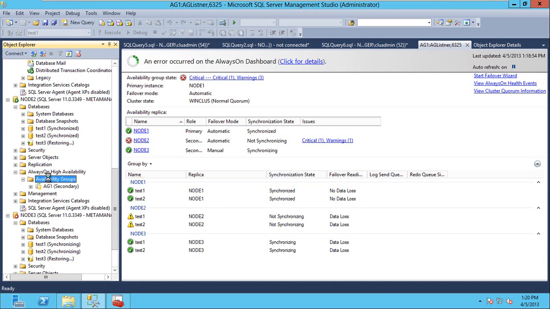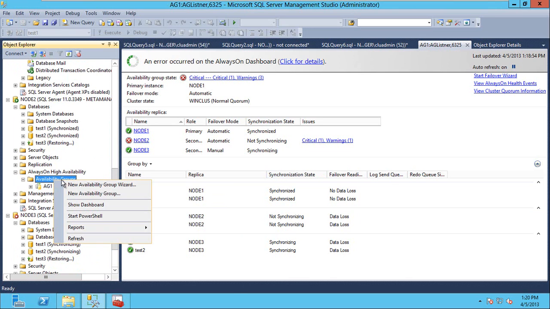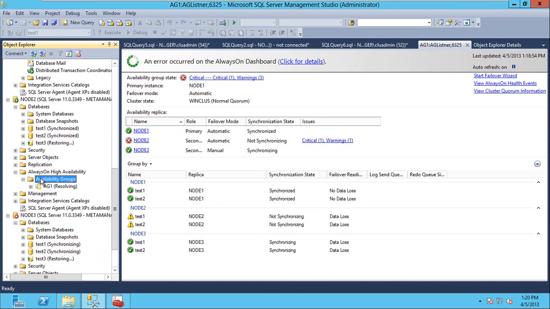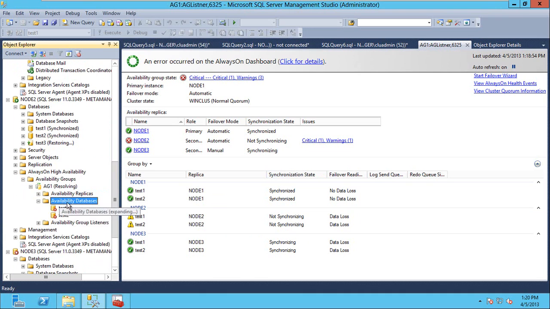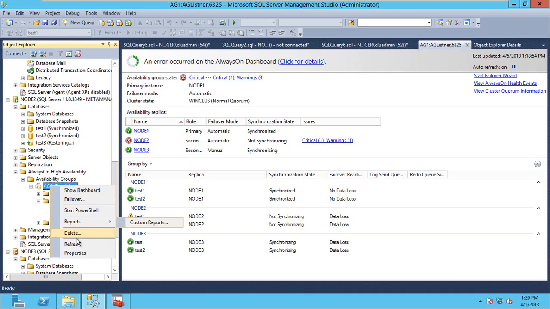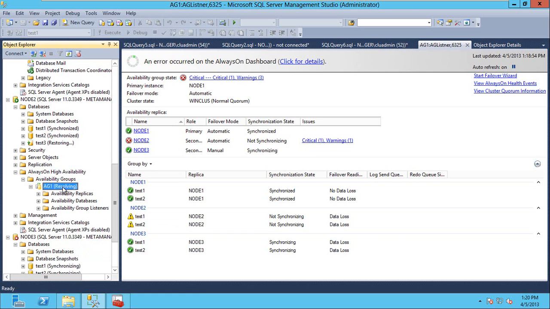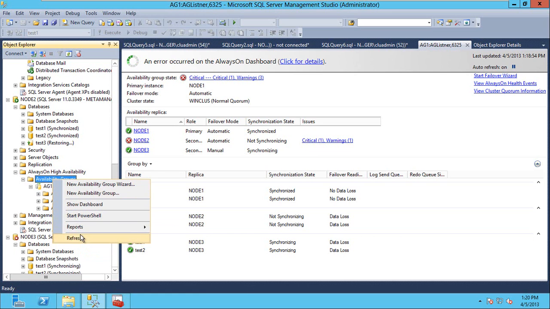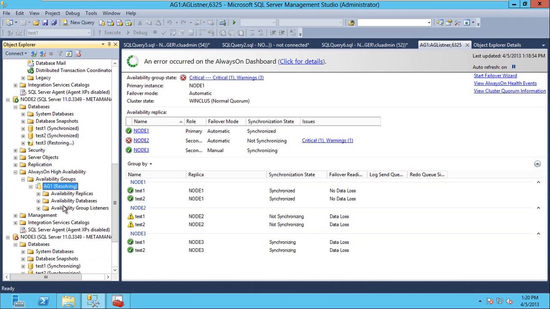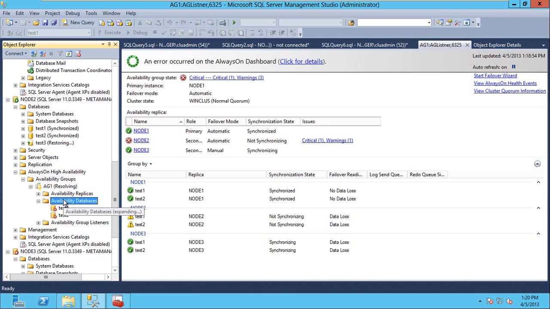Let us see the status of availability group. It is in resolving status. Yeah, it will be in resolving status. Okay, so now you have to decide what you want to do. If you wanted to run node 2 as a primary, then you have to lose 5,000 rows. Okay, for example,